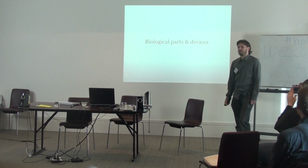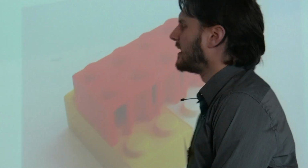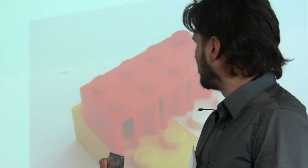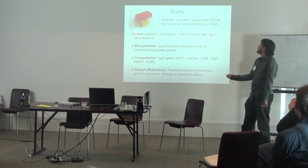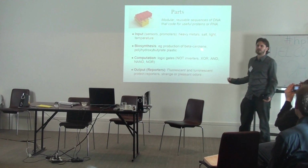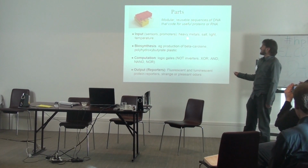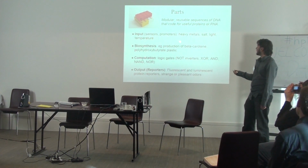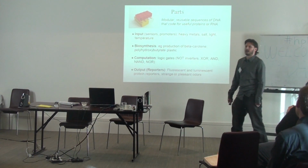But enough about the physical hardware. How about the wetware, the real biological parts and devices? This concept of parts has emerged in synthetic biology, and it really is analogous to Lego. You have some unit which can connect to other parts, and you can build up bigger structures and functional things. So, modular, reusable sequences of DNA, usually they code for useful proteins or RNA once they're functioning in the cell. These can be things like inputs, sensors for heavy metals, salt, light, temperature, biosynthesis, production of beta-carotene. There's an iGem group in Taiwan that's been looking at producing beta-carotene in lactobacillus, so you can have beta-carotene yogurt,